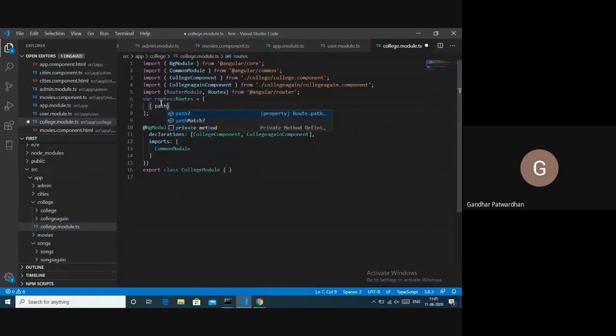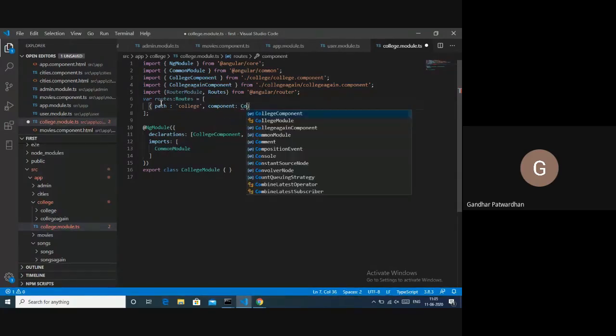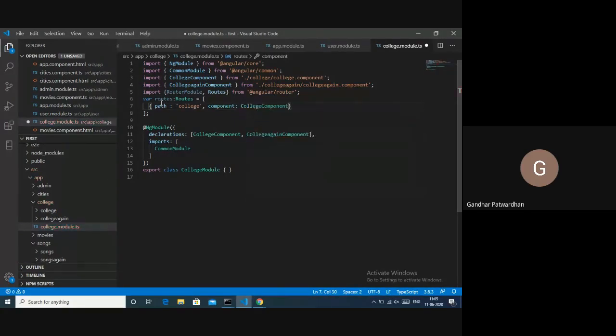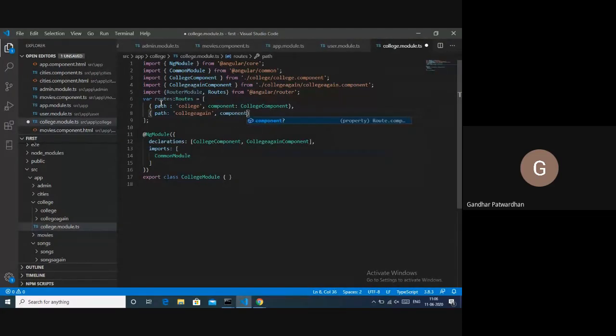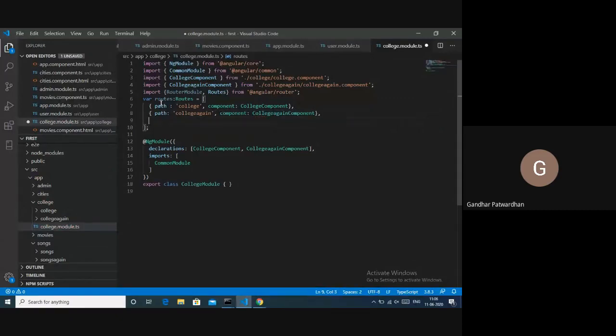I'll give path. I'll call that path college, and component I'll call CollegeComponent. Then I'll give another path. I'll call college again, and in component I'll say CollegeAgainComponent. Then I'll give a default path.